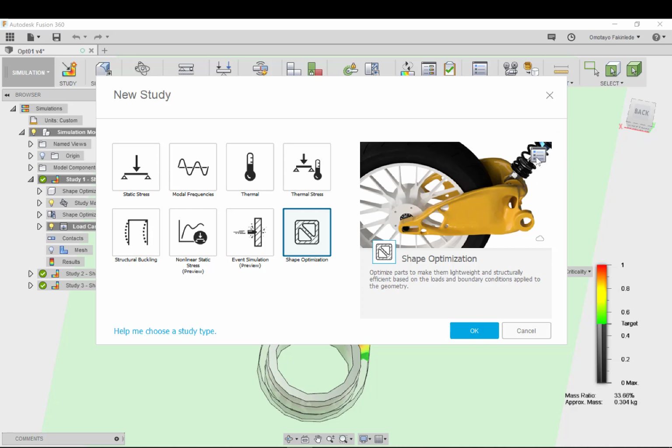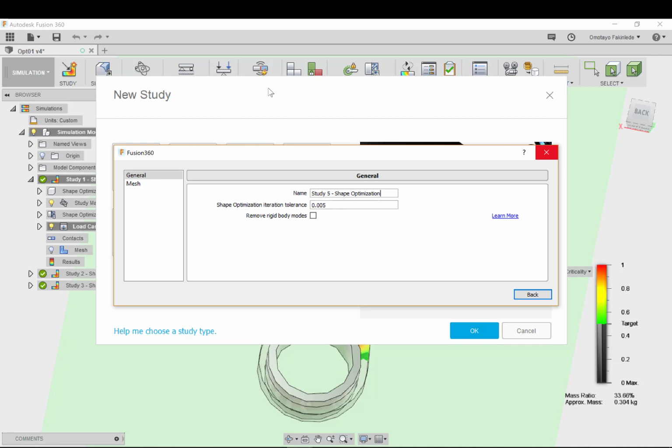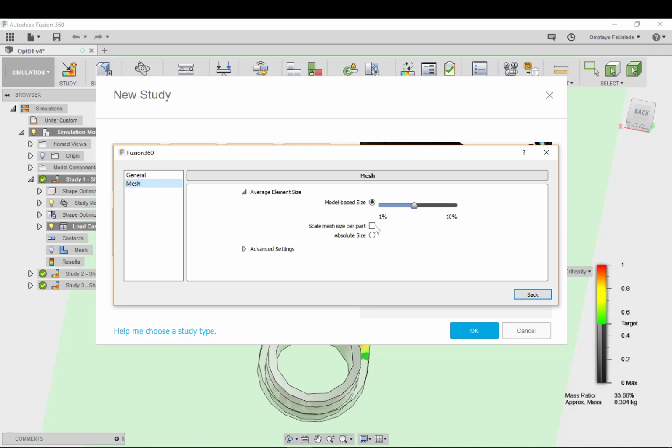After selecting that, we can go into the top right here, and then we can select Manage. Manage is going to give us the opportunity to go into general and meshing. This study is already named study 5 because other studies have been carried out in this file previously. What is of interest to us is to get our mesh selected correctly. Right now the average element size is at 10%.